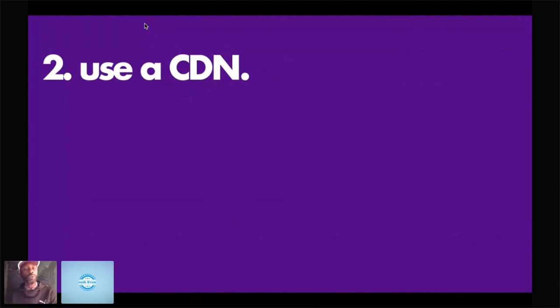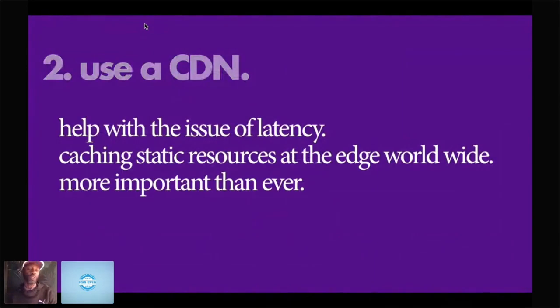Now, rule number 2 was use a CDN. Yeah, sounds pretty decent. And in 2020, probably. What did the CDN do? Well, it helped with issues of latency, which is ultimately, when you talk about web performance,